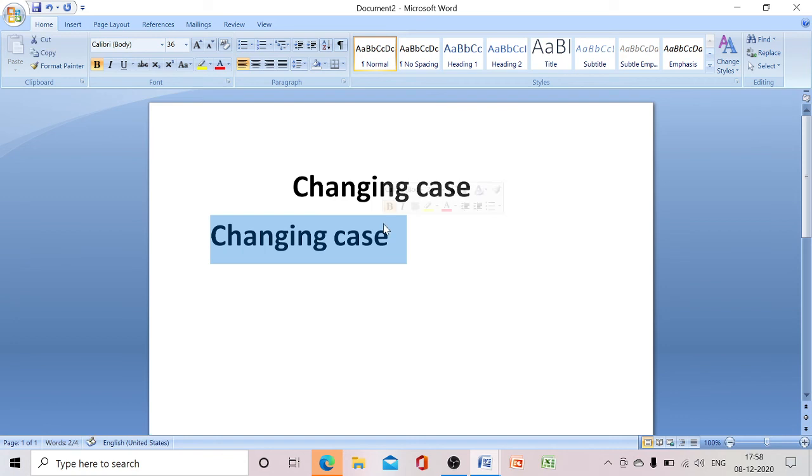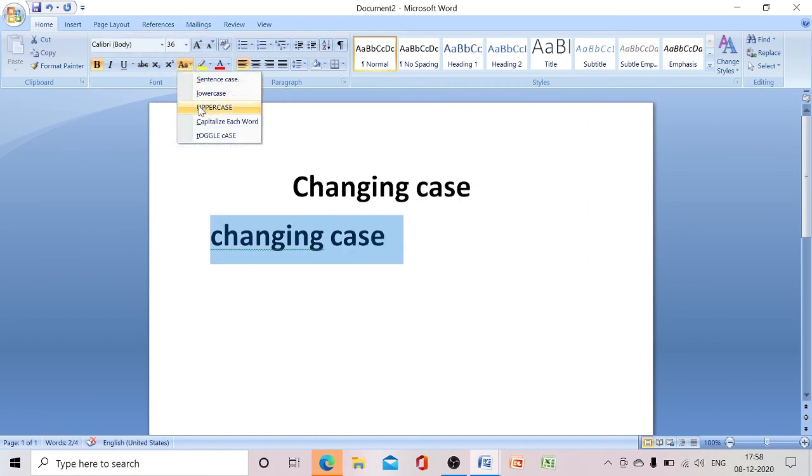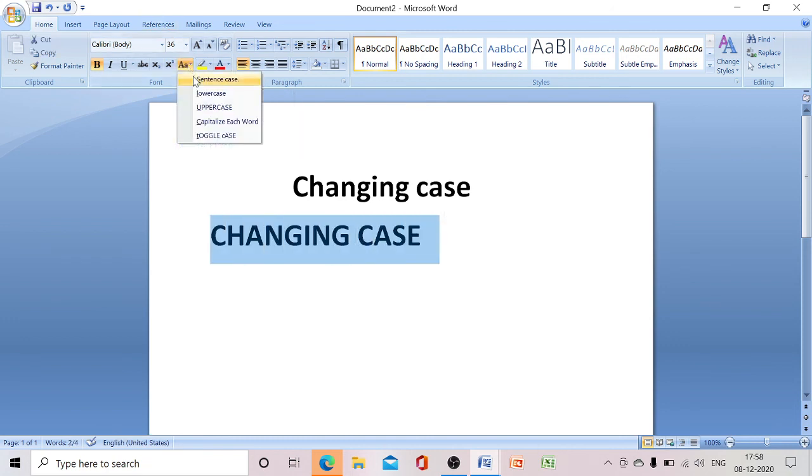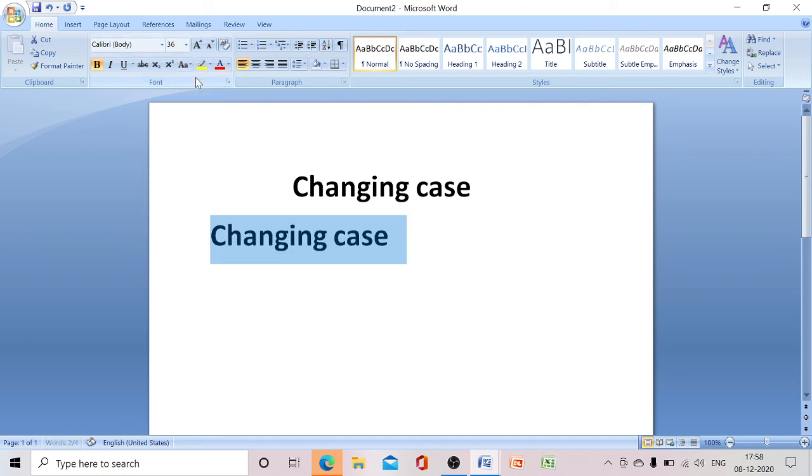Let me select it and click on the home tab. Here you can see the change case option. Let me click this in lowercase. So all the letters have changed into lowercase. Let me click this in uppercase. So all the letters have changed into uppercase. If I am selecting sentence case, the first letter will be capital. And let me capitalize each word.